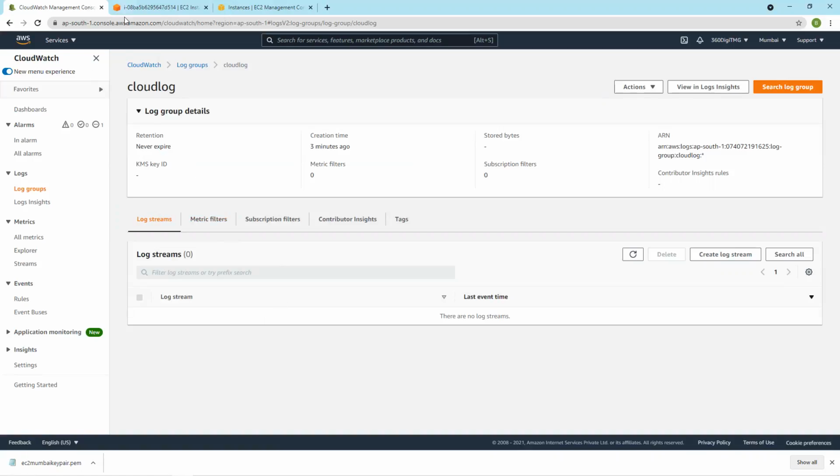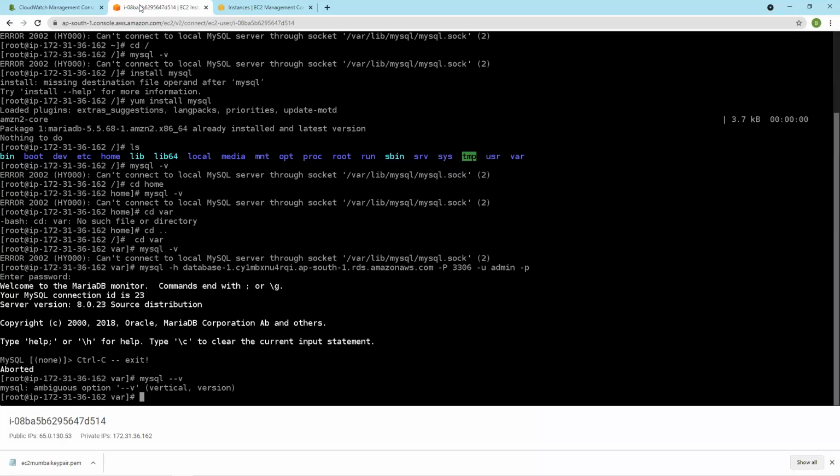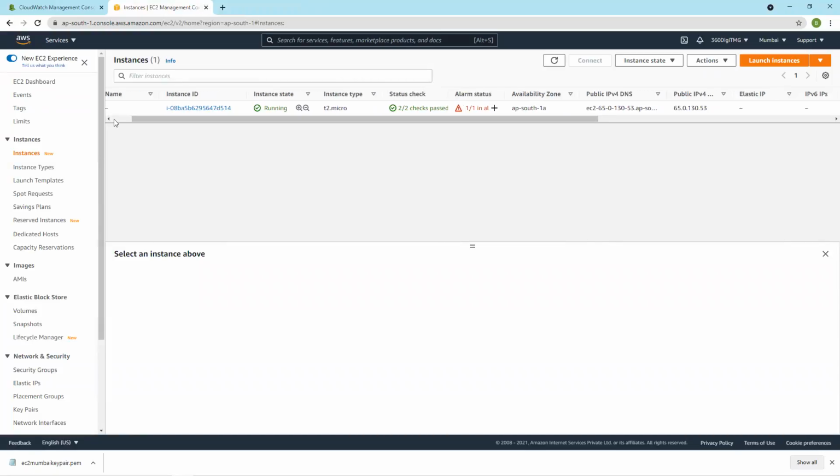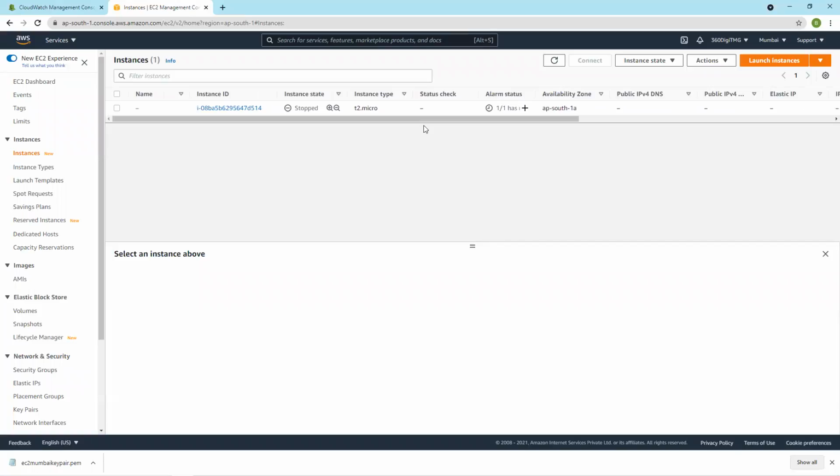And let me close this. Go to the alarm once and check it. Still running. Yes, stopped. I have not stopped it, it has been stopped by the CloudWatch alarm.